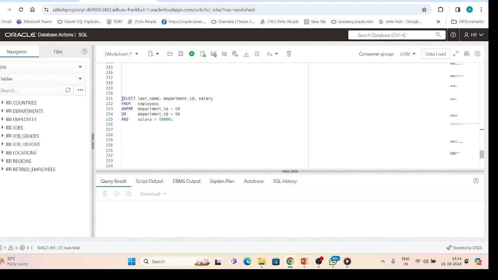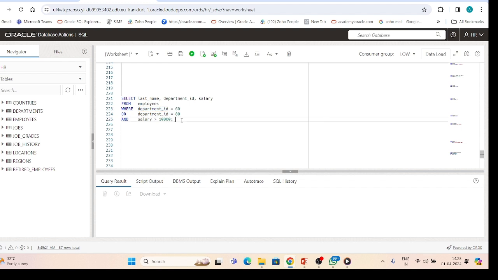So in this example, we'll see how the precedence of the AND operator works. In this query, there are two conditions. The first condition is that the department ID is 80 and the salary is greater than 10,000. The second condition along with the WHERE clause is that the department ID is 60.